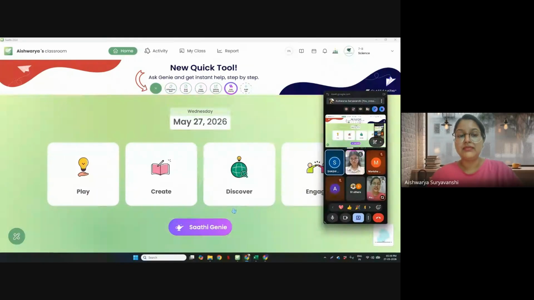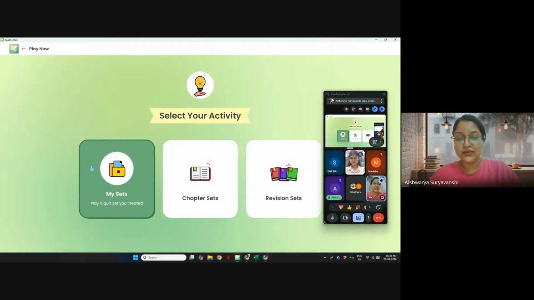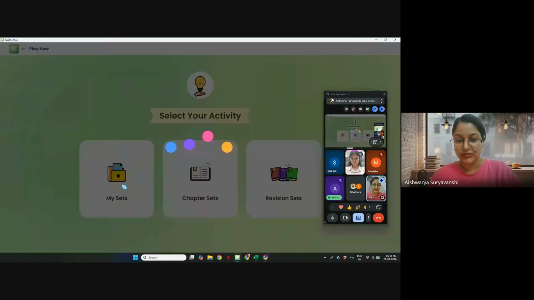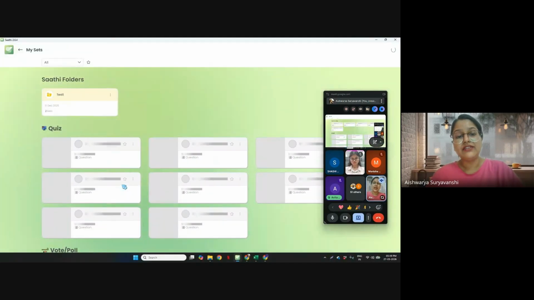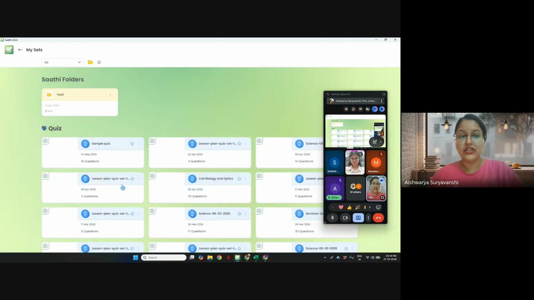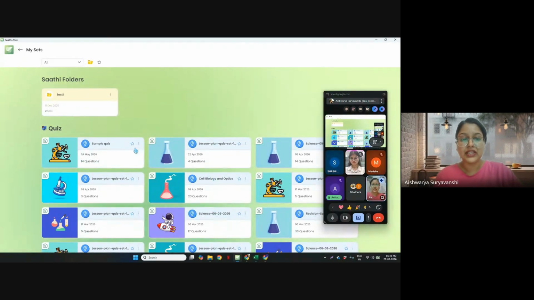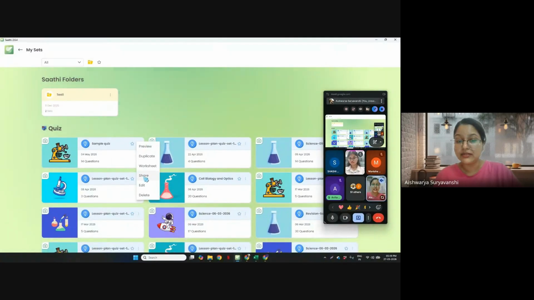Great question, ma'am. So imagine if you have already created a quiz. The created quiz is saved under the My Set option. Here you have a feature that allows you to share the quiz with your different sections. So right now I'm in 7th B. Okay. Under 7th B, I've created the quiz in 4th of May, sample quiz, I've named it. I can click on the menu button. There is a share button here.